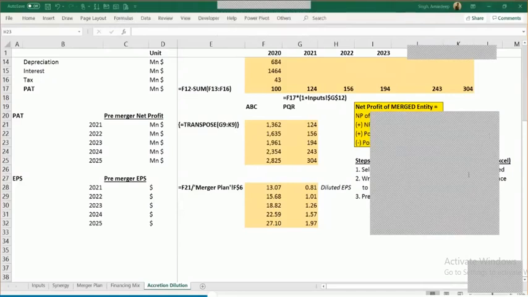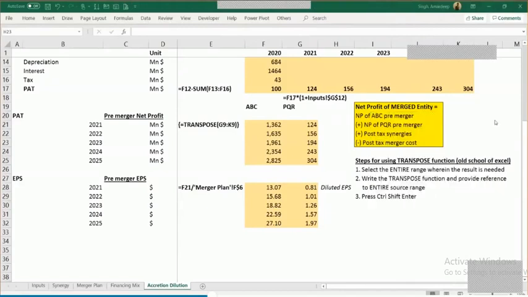So Dipankar, the point is that yes, when we do the detailed financial modeling exercise over there, also we would have the net profit. We would use that for computing EPS on a standalone basis before the merger or before taking any impact of the merger. That's exactly what this is. All right,